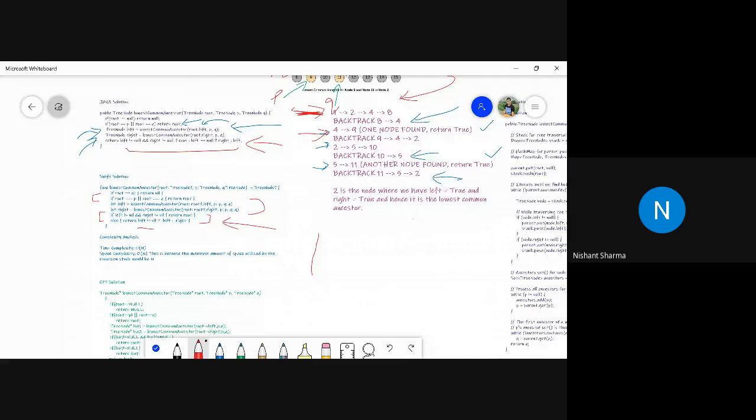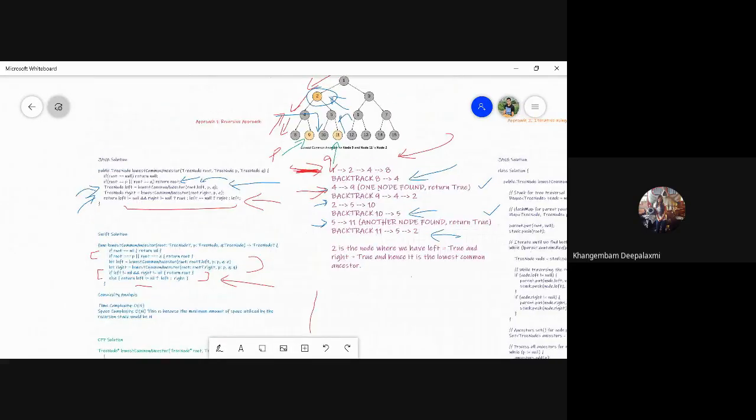9. Try to do the dry run itself. Okay. So, are you able to get it?